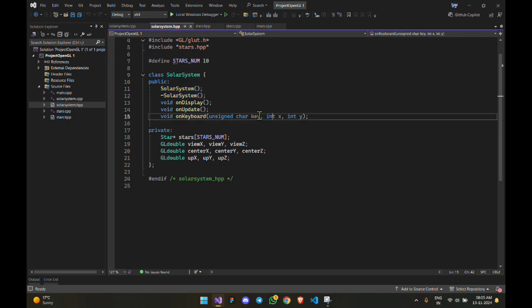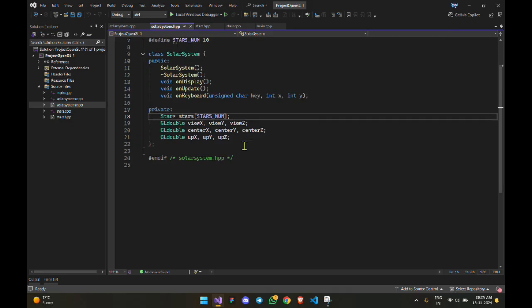On display, this method handles rendering the solar system on the screen. Then this on update method updates the simulation and moves the planets. And on keyboard event handles the keyboard changes. And the private part, this pointer